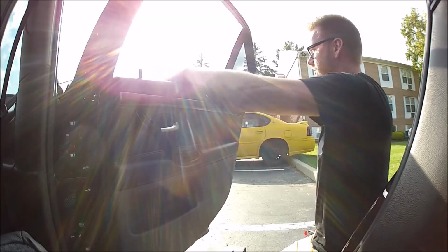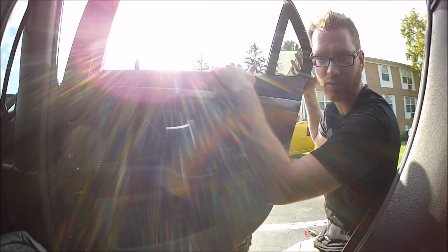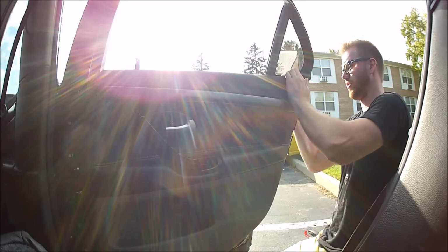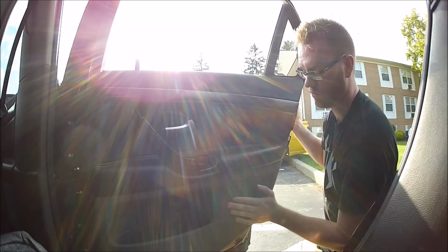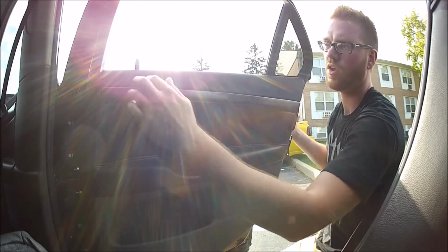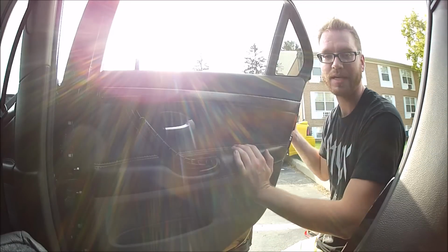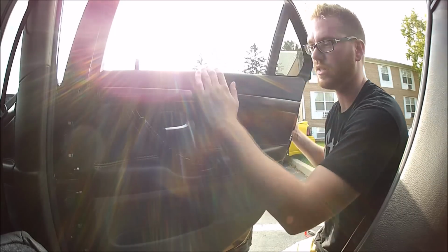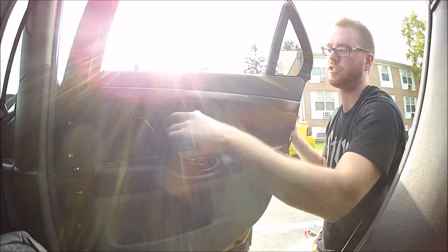You want to start with the top portion of the door panel. Once you have it draped over, then the rest of the clipping is super easy. So it's a lot easier when the window's down, but it's not impossible if the window's up. So just kind of start at the top with the clips and work your way around, following the edges, making sure everything's clipped into place. Popping it into place, you don't need any tools, just merely pressure. So once that's all in, you can tell, it's pretty solid in here. Make sure everything's working like it should,